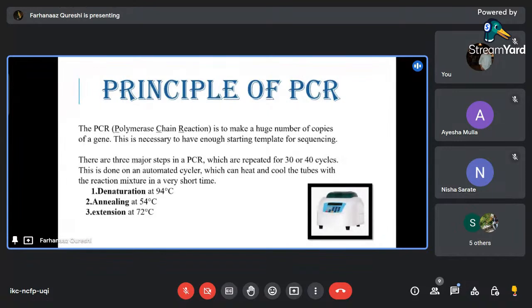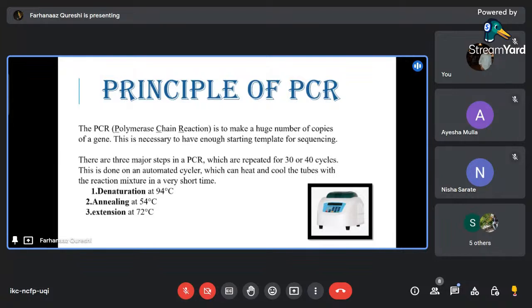Denaturation occurs when the reaction mixture is heated to 94 degrees Celsius for about 0.5 to 2 minutes. This breaks the hydrogen bonds between the two strands of DNA and converts it into single stranded DNA. This single strand now acts as a template for the production of new strands of DNA. The temperature should be provided for a longer time to ensure that the separation of the two DNA strands remains. Then the next step is